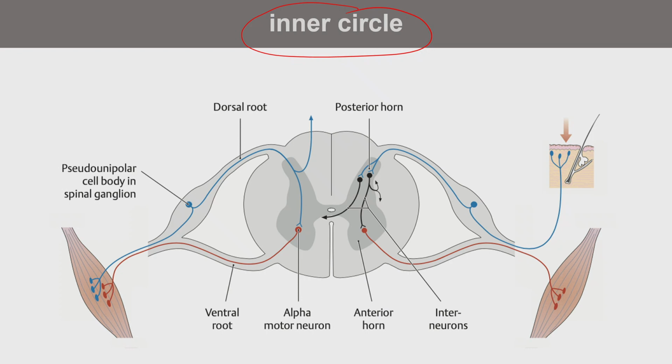The most primitive, the easiest to understand, is that we have some sensation going into the segment with the dorsal root, and then the sensitive neuron, which is localized in a spinal ganglion, and then a motor neuron is innervating the muscle. So this primitive arrangement could be seen where? It could be seen, for example, in intercostal nerves, where there is a somite organization of the body.